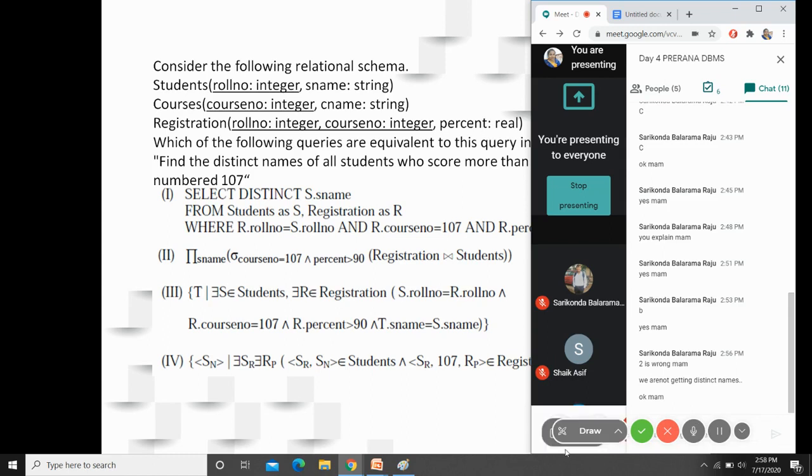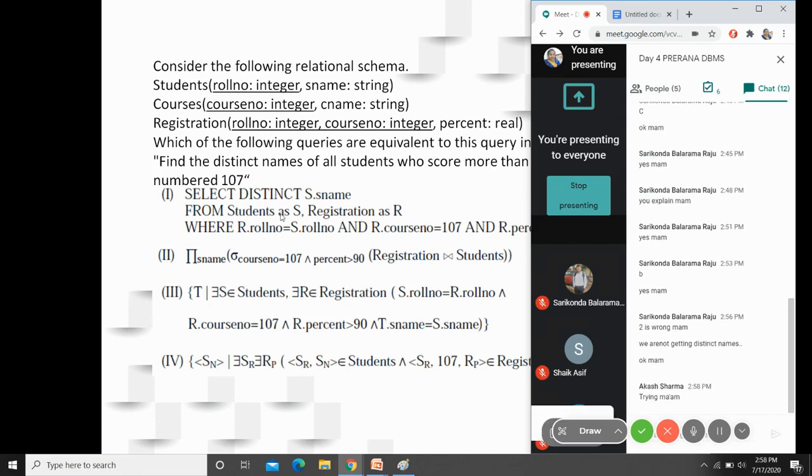Okay, so hopefully you might have got the answer, right? Still not yet completed. Akash, Asif, aren't you doing? So do you agree that first statement is correct, the select statement is correct? Okay, you are still trying. Okay, so let me wait for some more time. Try yourself. If you have completed, let me know.